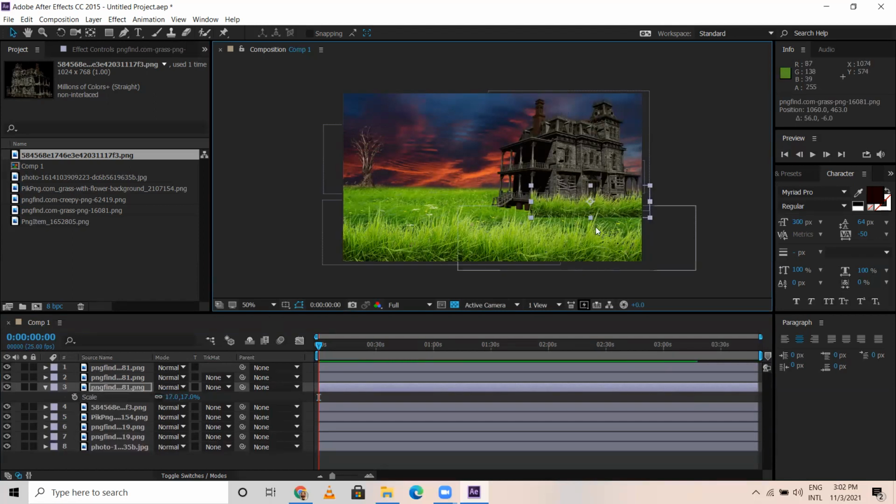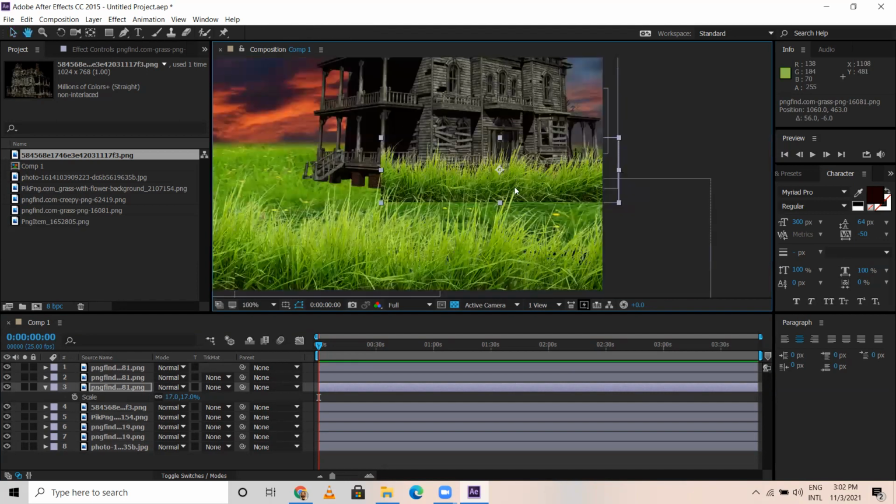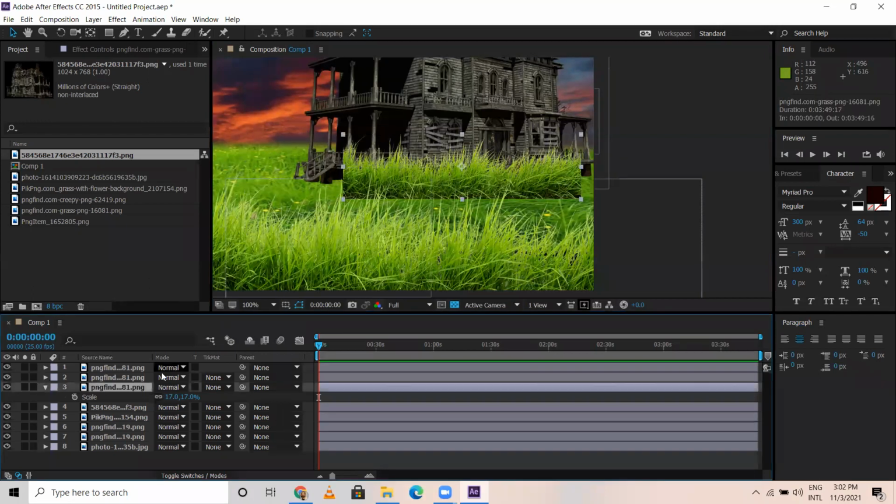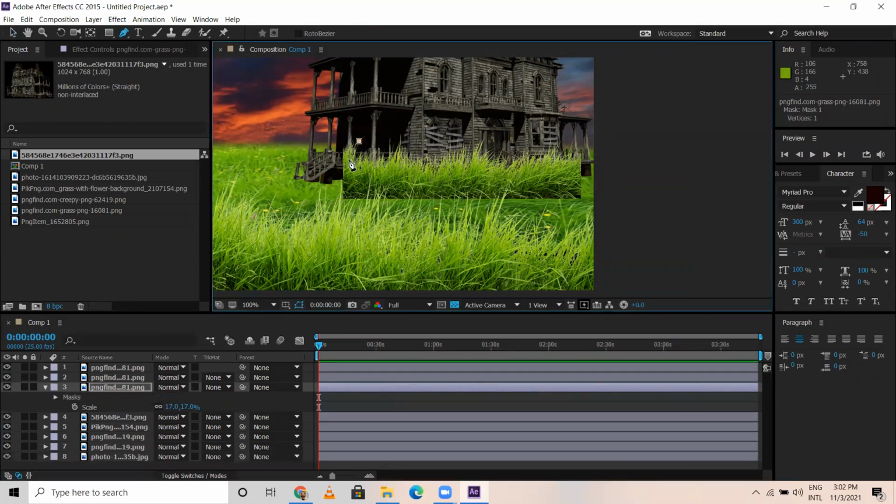Okay. First thing what I would like to do here is, there is a defined shape here. If you observe, the image is cut over here. I need to mask this, wherein I don't want the outline of this. So this is the one which I have selected, this grass. So what I'm gonna do is, I'm gonna take this pen tool.